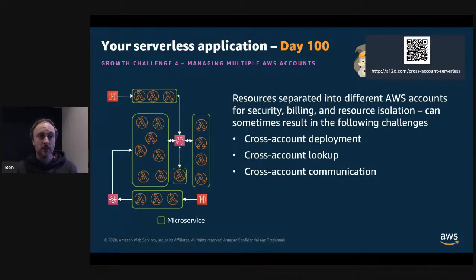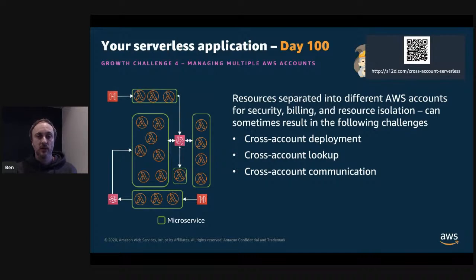And that can sometimes result in some different challenges, right? So this is where cross-account deployment is one. That's where you have a single pipeline that needs to deploy a microservice into multiple accounts. So for example, a microservice needs to be deployed into environments of dev and QA and prod, and all of them exist in separate AWS accounts.